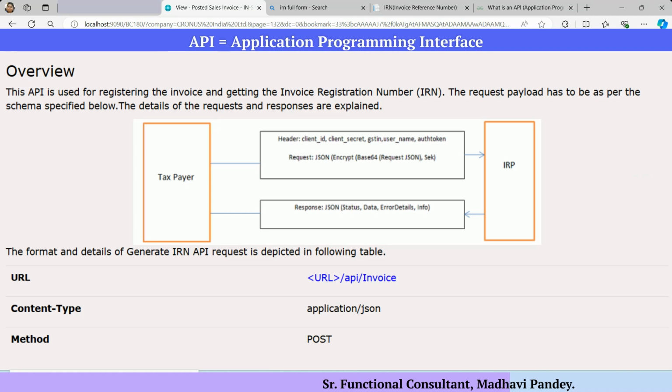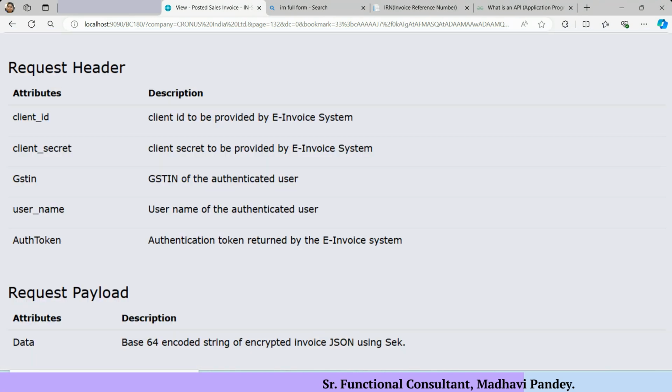And then when you get the customized API solution, you can upload e-invoices directly to the government portal.